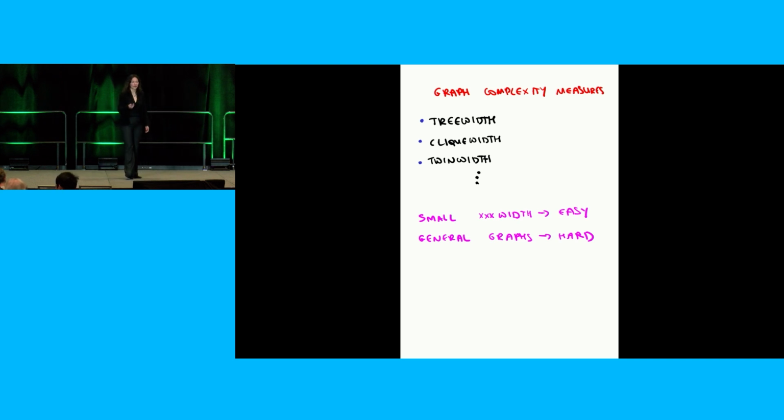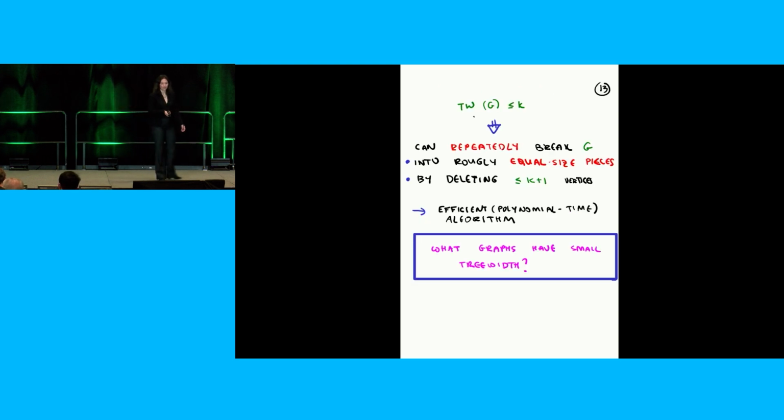OK, so that's really what I wanted to talk about when I said I wanted to talk about what makes the problem hard. I wanted to say, well, actually, it depends on what object you're trying to solve the problem for, and it would be interesting to classify the objects into those where it's hard and those where it's not hard. So now I'm going to talk about that. As we said, if the tree width is small, we can repeatedly break the graph into roughly equal sized pieces, and that gives efficient polynomial time algorithms. I keep saying this because that's kind of the heart of everything.